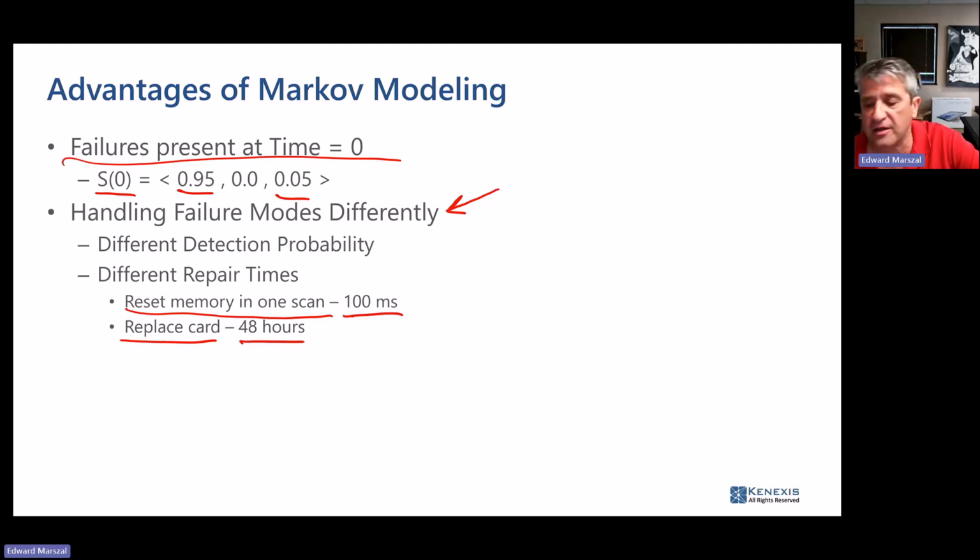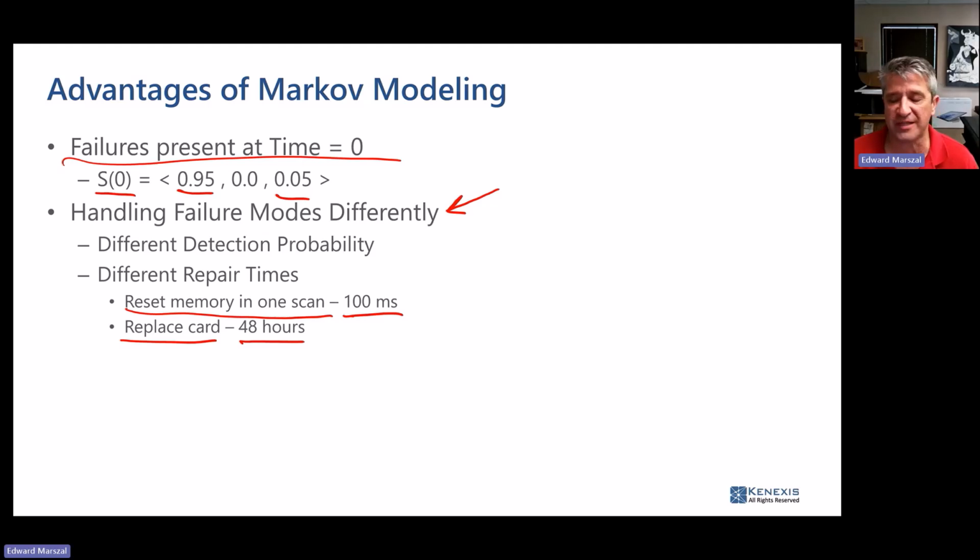And if you're using Kenexis's Vertigo tool, you'll take that PFD, you'll take that spurious trip rate, and you'll enter it in as what we call a black box model, where regardless of the actual underpinning of the system, test intervals, and all that other fancy stuff, you're just going to enter in the PFD and the spurious trip rate for the system as a whole. And most of the equipment vendors out there for their SIS logic solvers, that is exactly what they want.